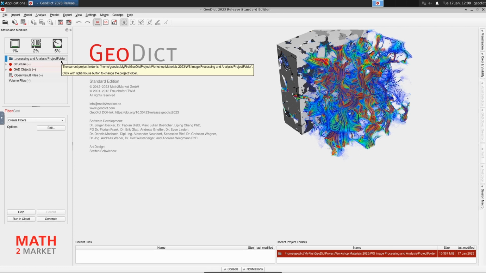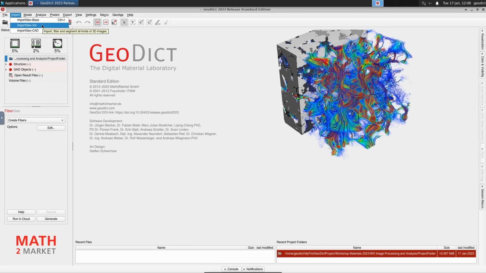Now everything is set up correctly, and we want to start by importing a structure. So by importing images from a cathode, and for this we will use the Import GeoVol module. Up here, click on Import GeoVol. Then if you selected it, the module below here changes to Import GeoVol instead of FiberGeo before. Then we only need to click the Browse button to browse to the files that we want to load.